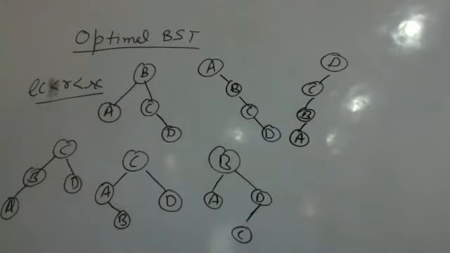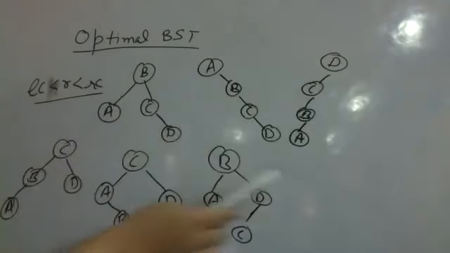Now, what do I mean by an optimal binary search tree? From past experience, we try to find out whenever I'm searching in a tree, why do we use binary search trees? Because they help in searching. The searching becomes of the order log n instead of the order n for any n-sized data. So to improve the cost of searching, we use optimal binary search trees.